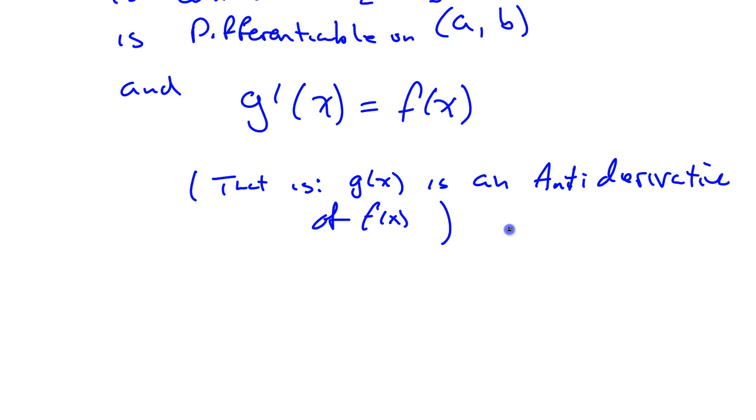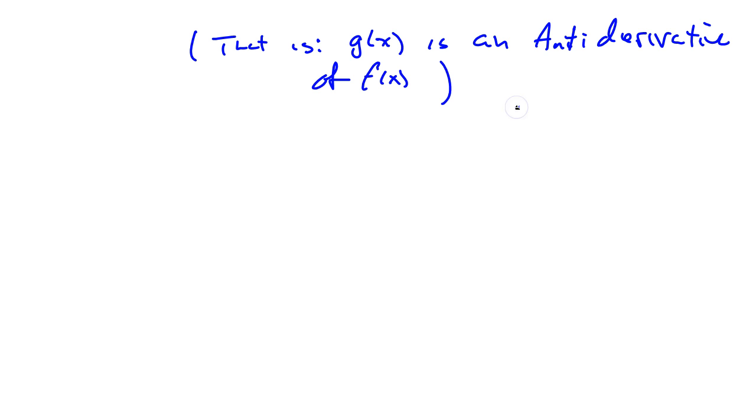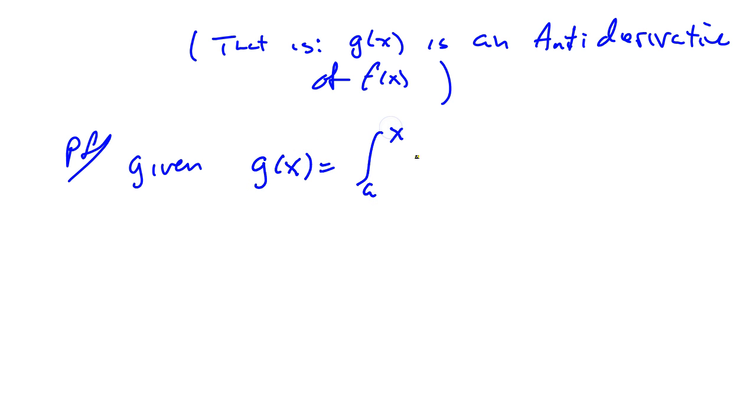This is going to take some proving here, so let's see what we can do. I'm given that g of x is equal to that integral from a to x of f of t dt. And how do you calculate the derivative of a function? Well, think back to your Calc 1 days. If you've got a shortcut rule, you'd use it. If you don't have a shortcut rule,